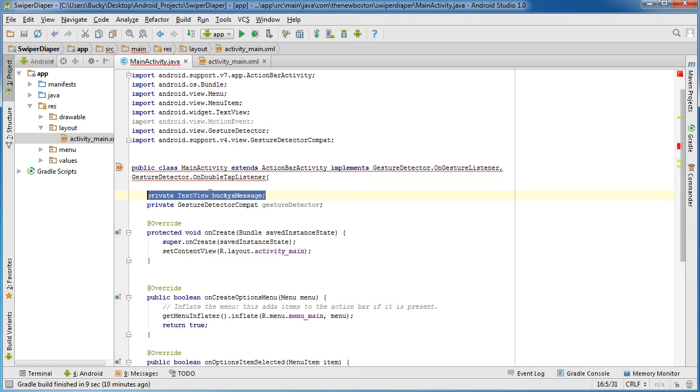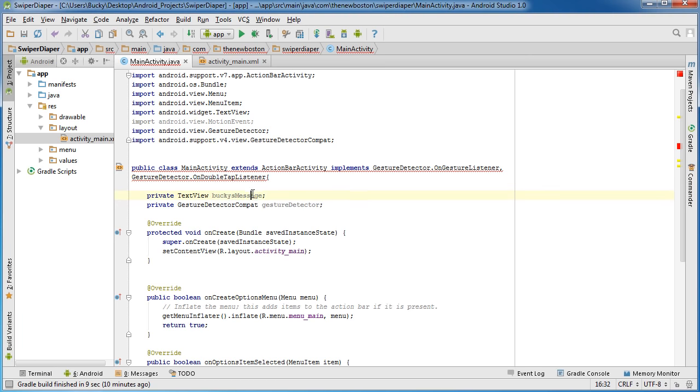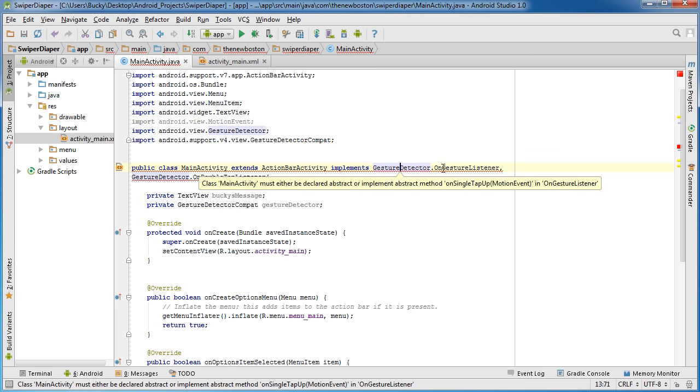for here, obviously, and this little gesture detector, again, that's the object from the class that pretty much is going to detect gestures, and I'll show you guys later on how to use that. But for now, since we implemented both of these interfaces, what we need to do is we actually need to